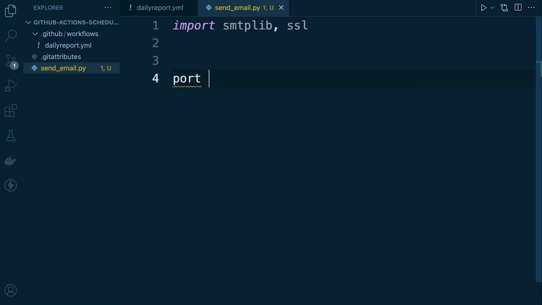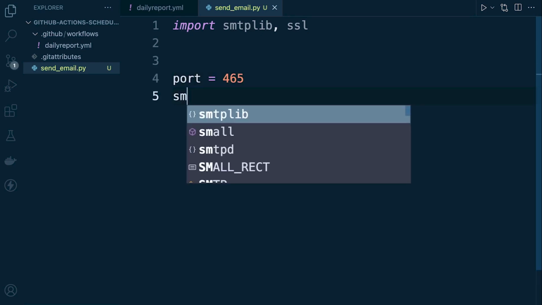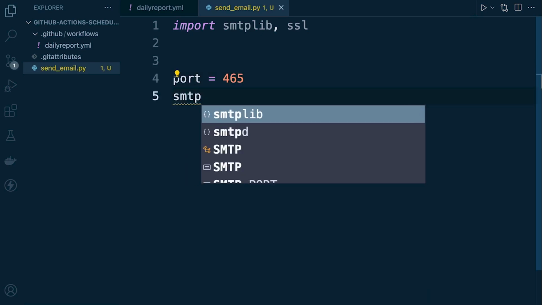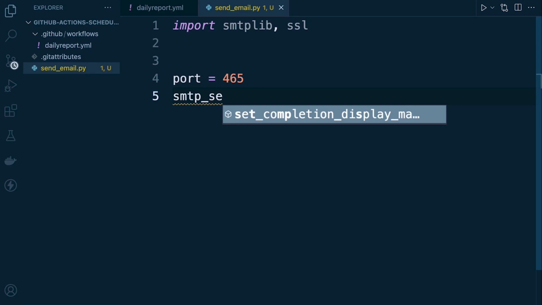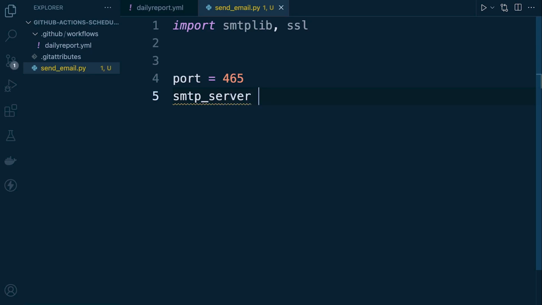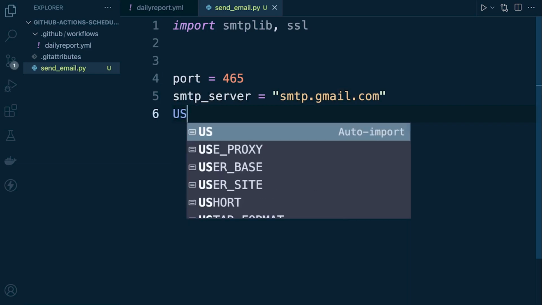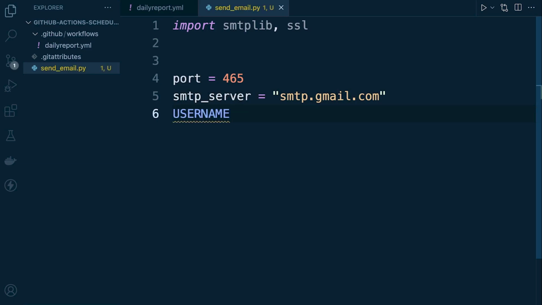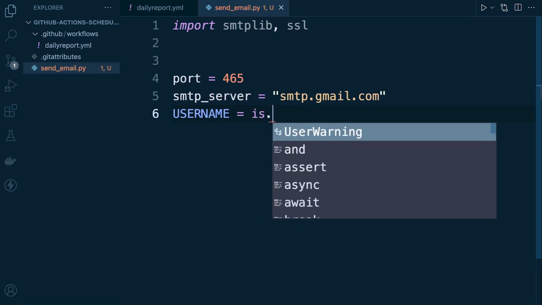Right, so let's define the port that we're going to be utilizing. Here we're going to be utilizing port 465. So let's set up some other parameters here. Our SMTP server, let's define that. Here we're going to be utilizing Gmail, so smtp.gmail.com. And then we're going to need a username in order to log into our account so we can utilize the SMTP server. So here we're going to say username equals